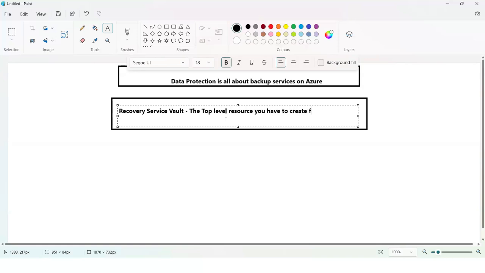Is for all your backup requirements. That is called your RSV. So RSV is the top level resource, right? So what is this RSV? We will call it RSV, guys. Recovery Service Vault. It is nothing but a huge space on cloud